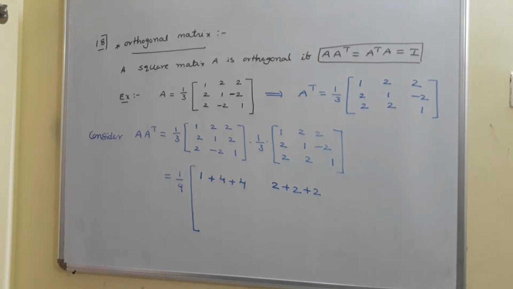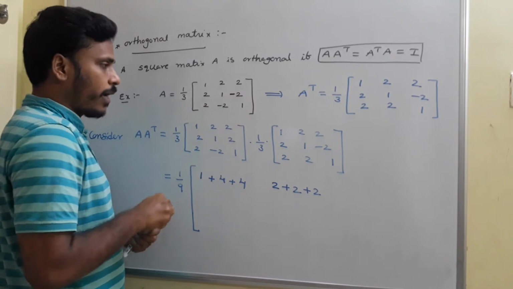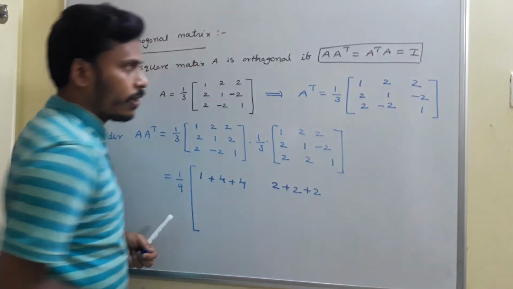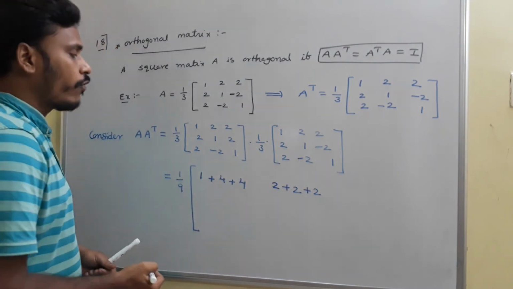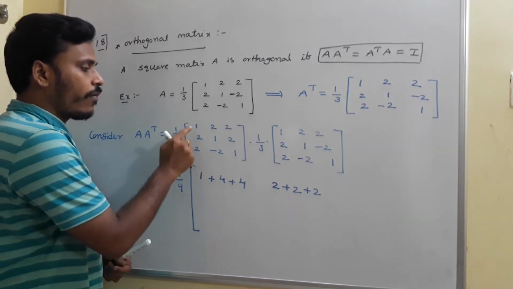Just look, a small mistake happened here. Here also we need to take minus, since here it is minus, and again here we need to take minus. So this is minus 2 again, and here again it is minus 2. Now we multiply this: 1 into the first element is okay.